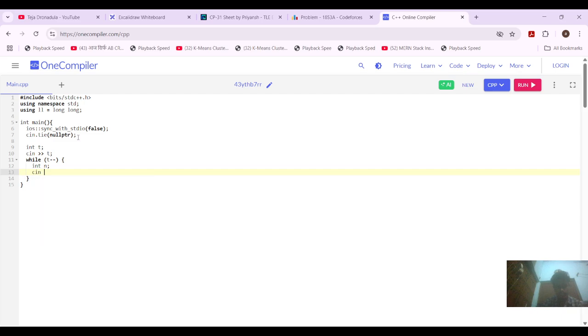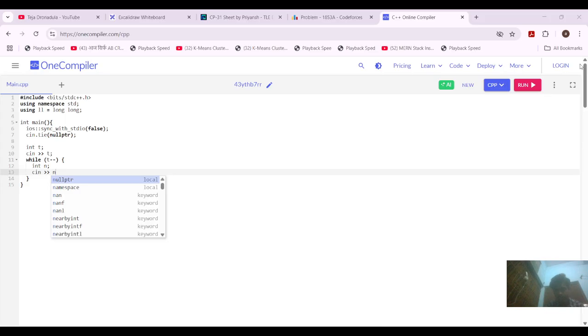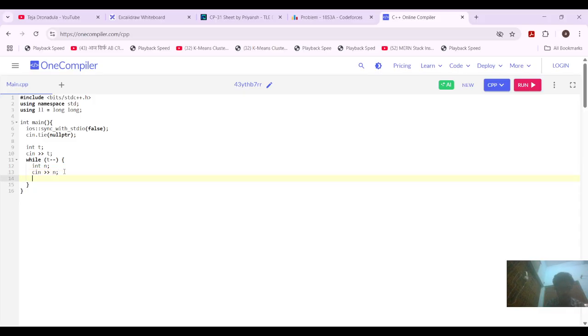Then cin n, right, then we can do cin हो जाएगा, then vector